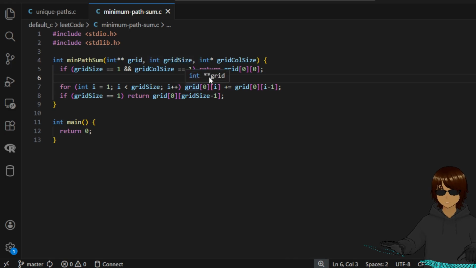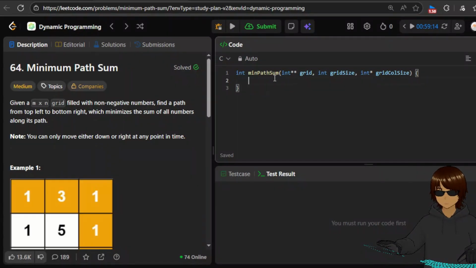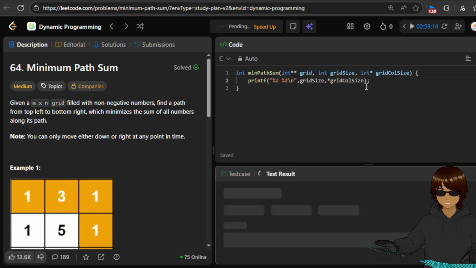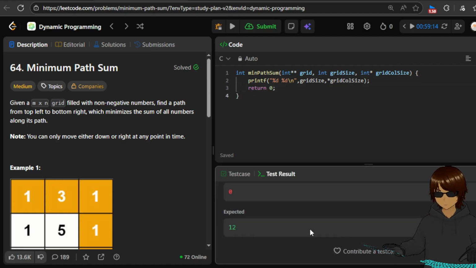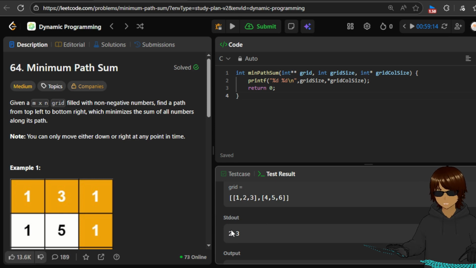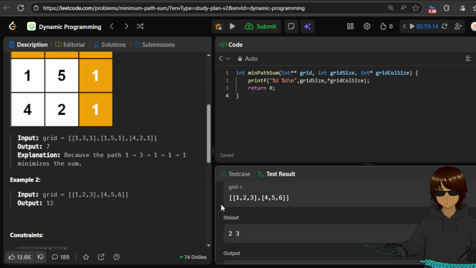I'm not actually sure what the grid column size gives, because why is it a pointer to int? Okay, I will just test it over here. So what I will do is I will do printf %d, and I will print this, and I will print the dereferenced version of this. I want to run test cases. There's no return, never mind. I just want to see, hold on, return 0. Okay, so over here in this example, I got 2 and 3, right? So 2 is how many rows there are. Okay, so grid size is how many rows, grid column size is the columns. But why did it have to be a pointer though? That's what I don't understand.